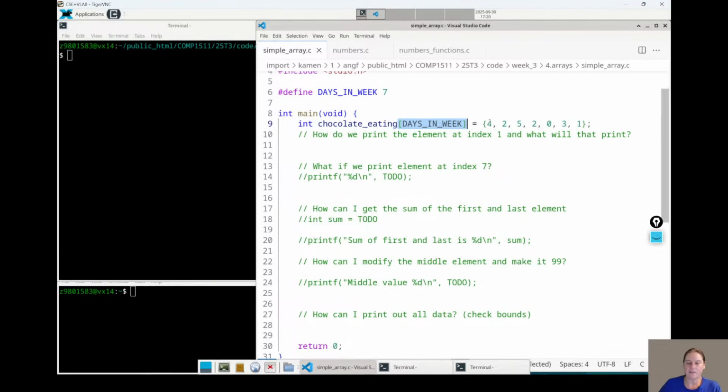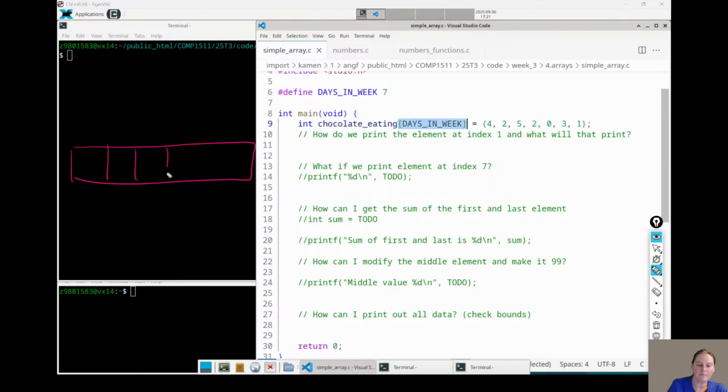Again, just a reminder, it's always good to draw these things. So I've got my chocolate eating array and these values inside it, and I've got those indexes.